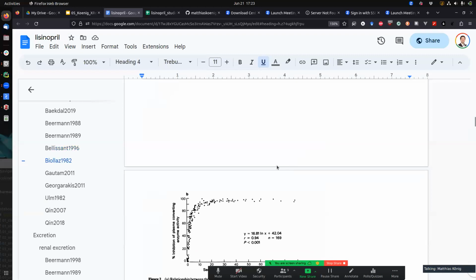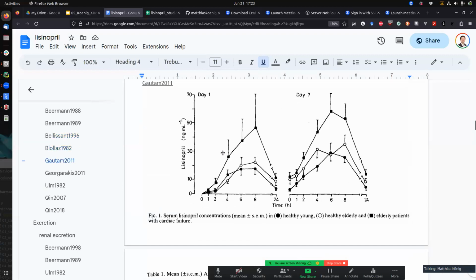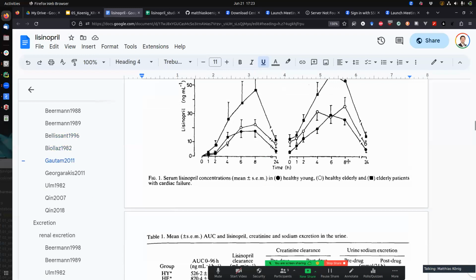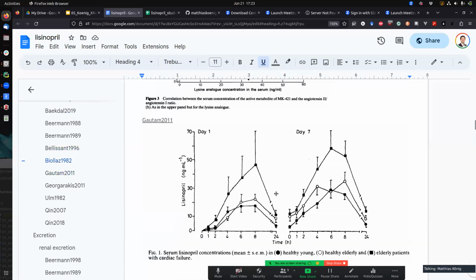Okay, and this I showed before. Here you can also see differences between different subjects. In this case, you see different subjects which are healthy young, healthy elderly. So you see a bit of an effect of age, but you see a very large effect of the cardiac failure in this case. Here you see a larger difference, and that's in line with the other data we saw from Till 1989 right now. So if you have cardiac impairment, you get higher